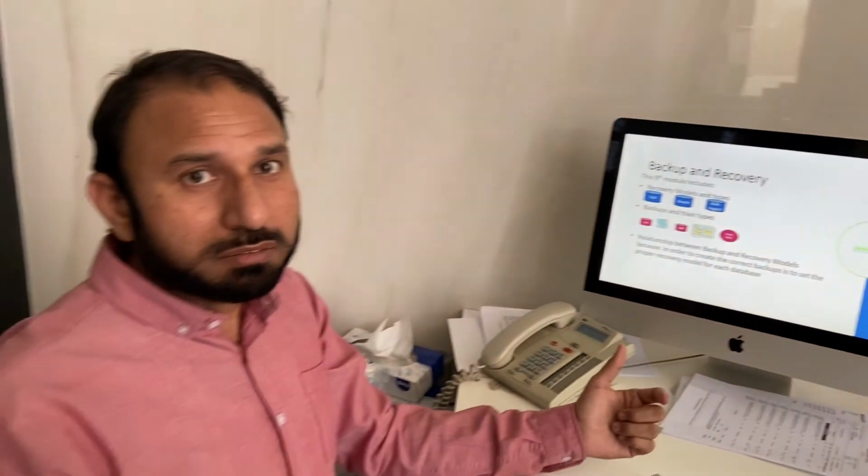To take the correct backup, the proper recovery model must be selected. How can we select the proper recovery model? We will see step by step all these recovery models and backup types in the coming videos. So let's move to the next video.